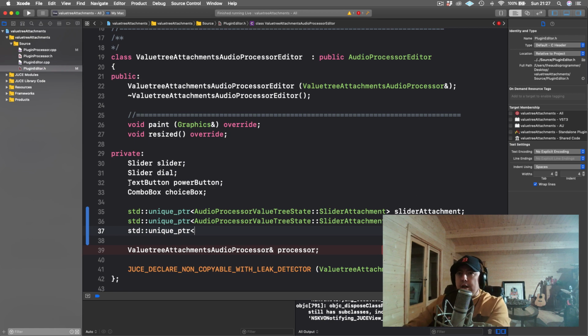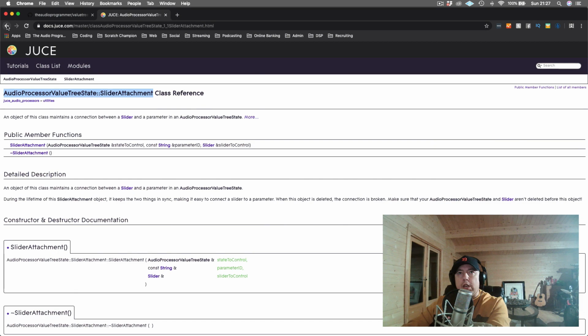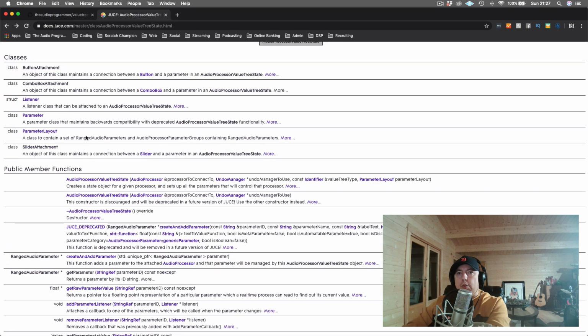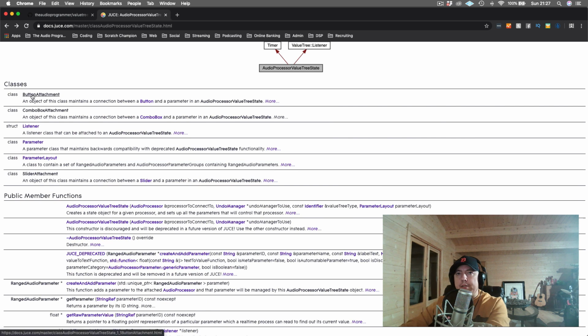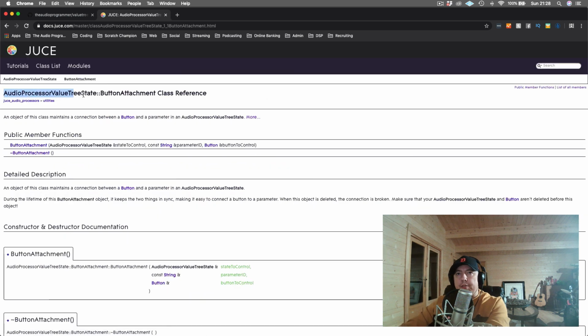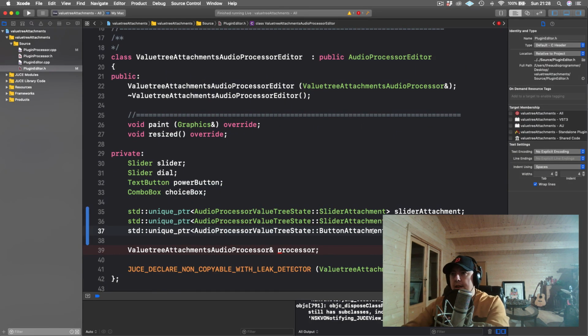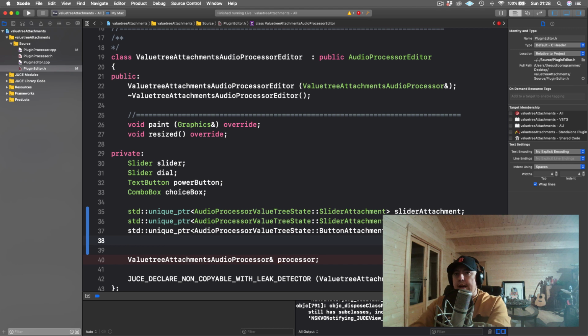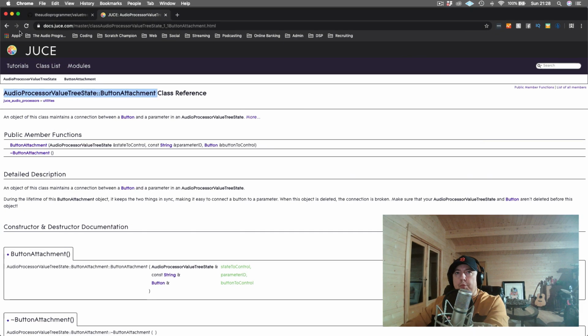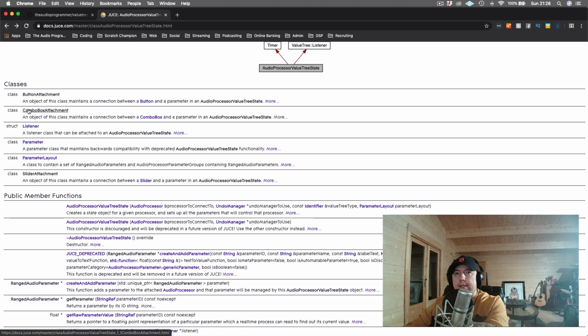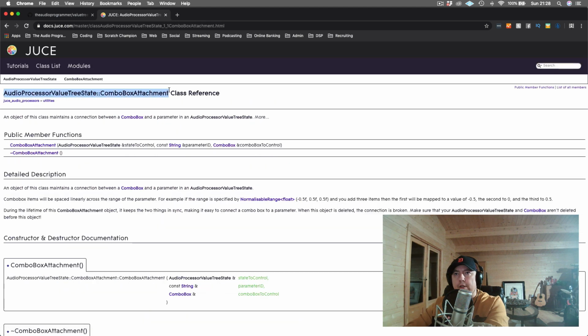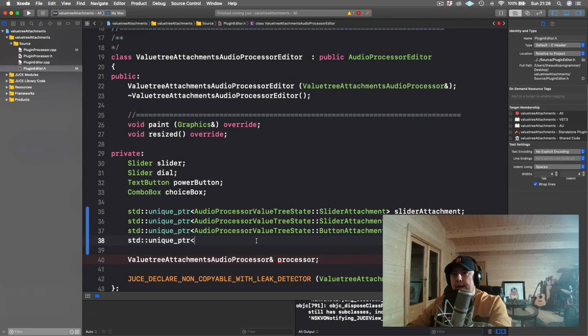So text button. For this one, we can go back a step here, and we have another one that's called button attachment. So audio processor value tree state button attachment. Now we'll paste that in here, and I'll call this button attachment. And then we will do one more. This will be combo box attachment, I believe. So we have combo box attachment. I'm going to copy this here, paste it here,